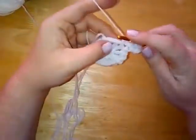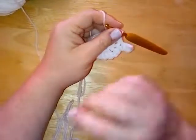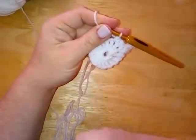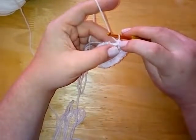Chain 1, a single crochet in the next chain 1 space, and then another cluster. So we're only making 8 clusters. We've got 16 stitches or 16 spaces, but we're only making 8 clusters. Okay, so 1 is a single crochet and a chain 1, and then we do a single crochet and then